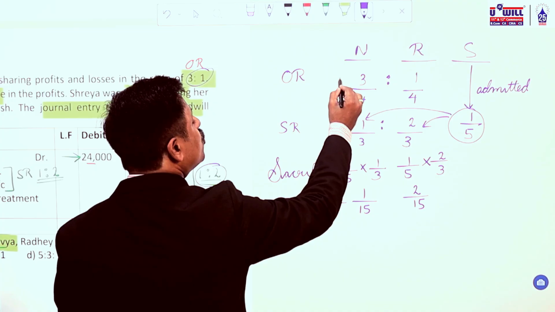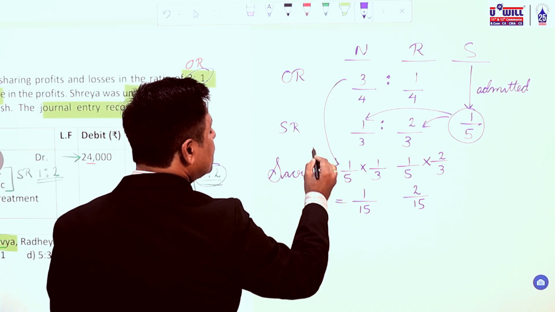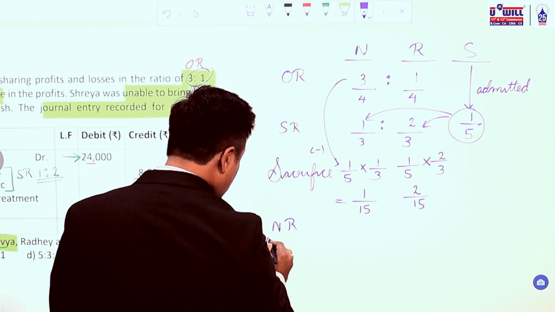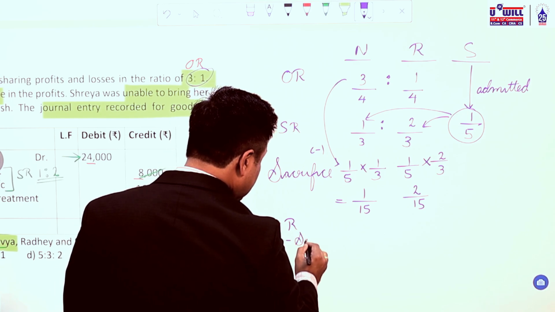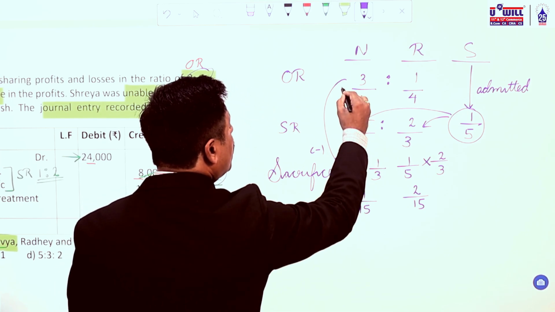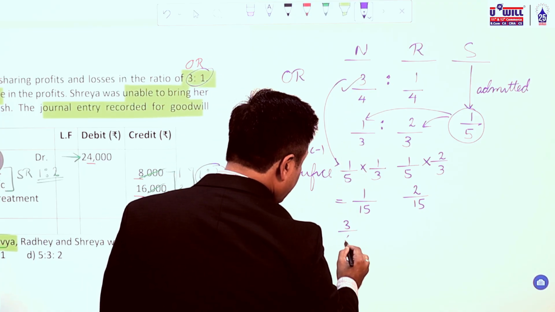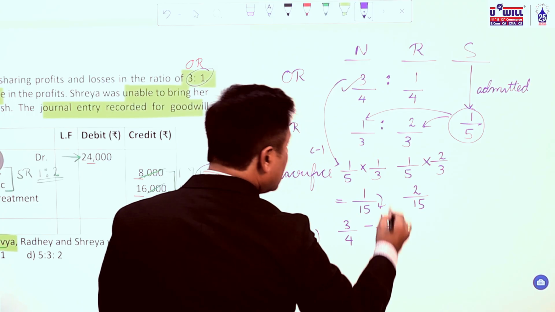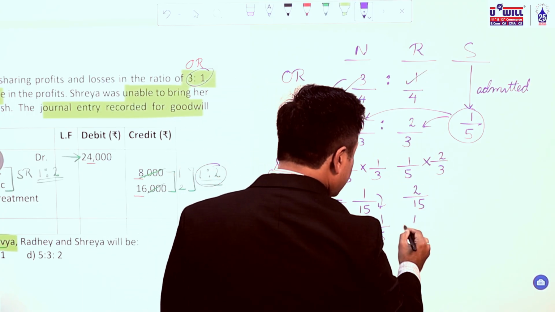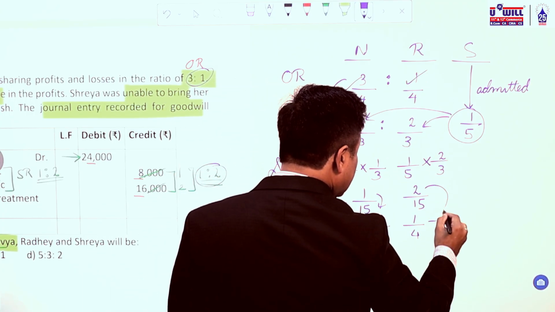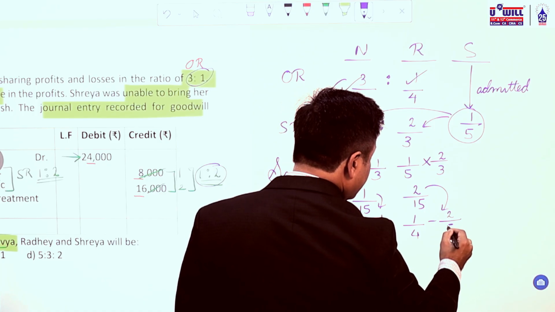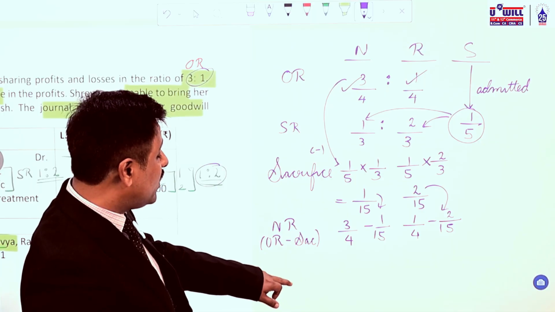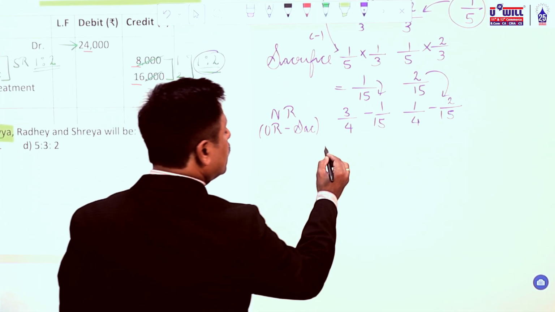From old ratio, if you minus the sacrifice, we get the new ratio. Okay, how will we get the new ratio? Old ratio minus sacrifice. What is the old ratio? 3/4 minus sacrifice 1/15. What is the old ratio? 1/4 minus sacrifice 2/15. Okay, 1/15 and 2/15. If we solve it further,